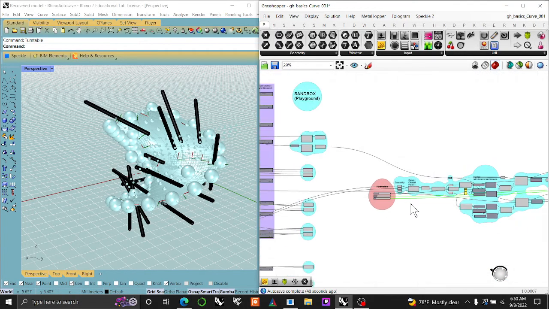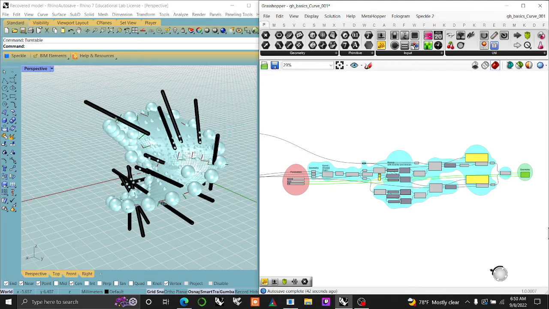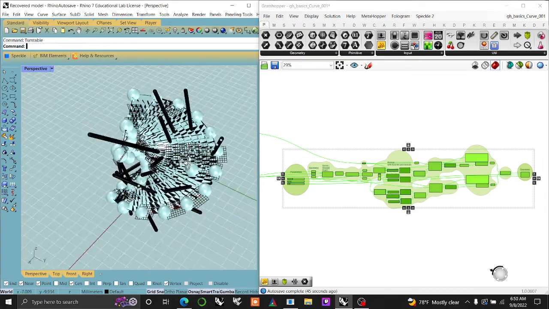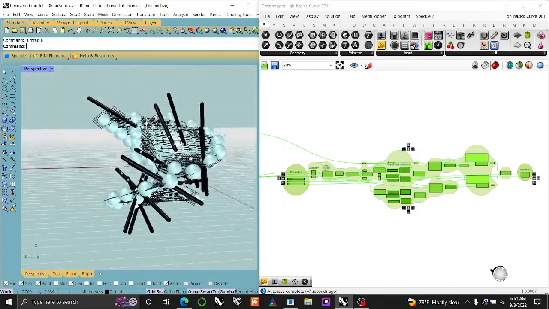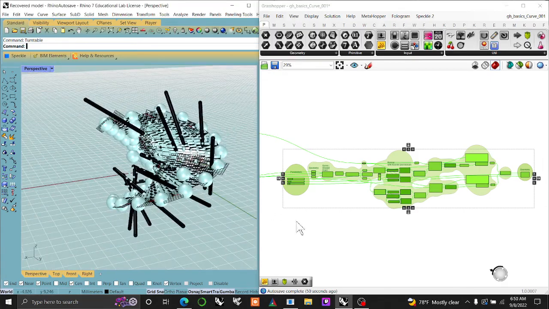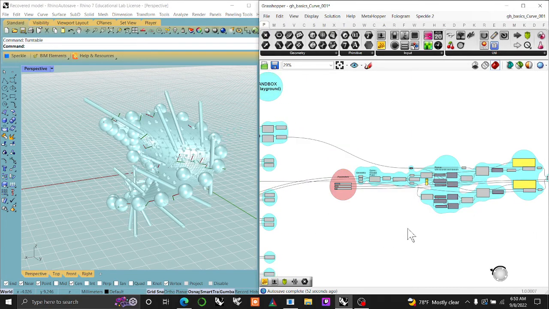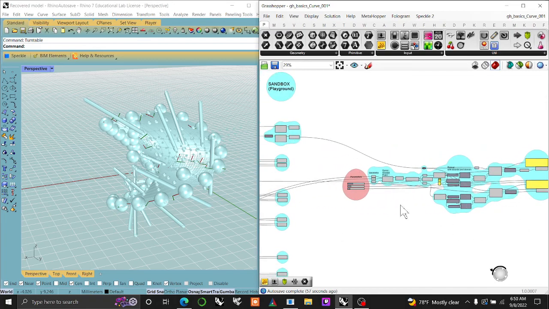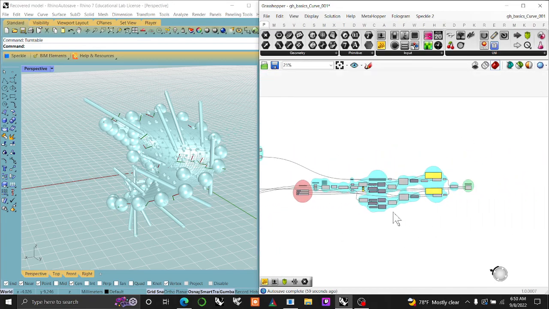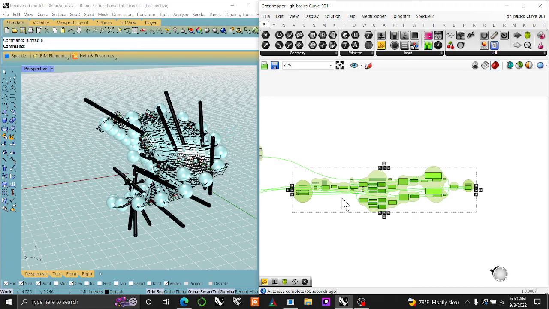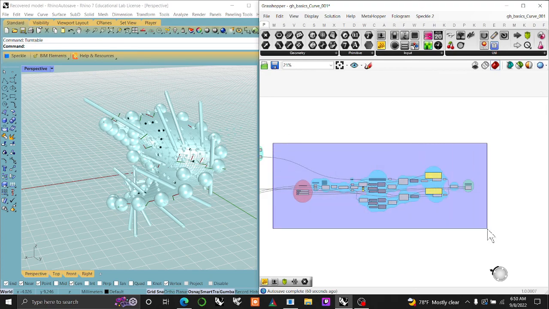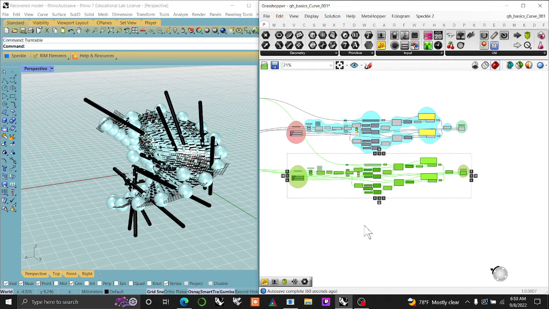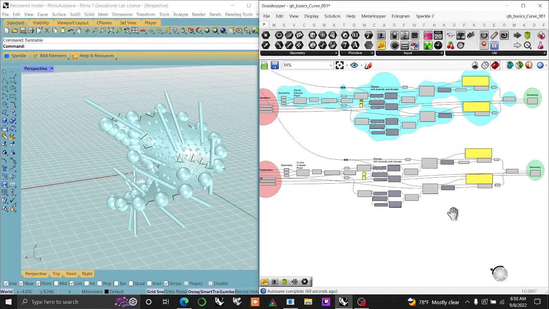I think it's a great introductory script to start to try and set your goals on understanding, because if you can deal with points and you can deal with surfaces and evaluations and vectors and amplitudes, you're going to have a really nice way of keeping control in your own head. So I put my parameters here, I put my geometry nodes here, and the script is kind of tucked between. And once you find out how this kind of works, what's interesting about a thing like Grasshopper is you can cut and paste that, you put it down here, and if that is something you want to repeat several times,